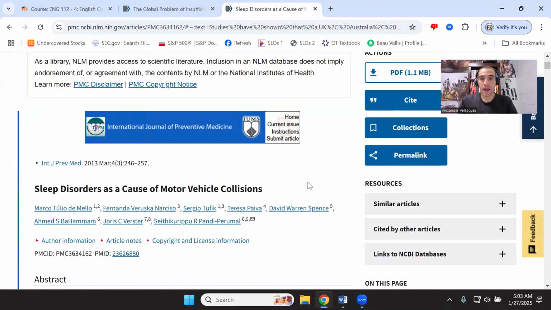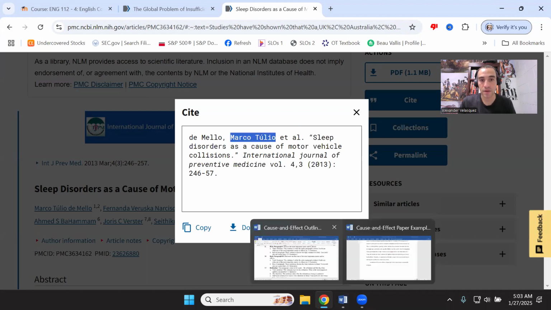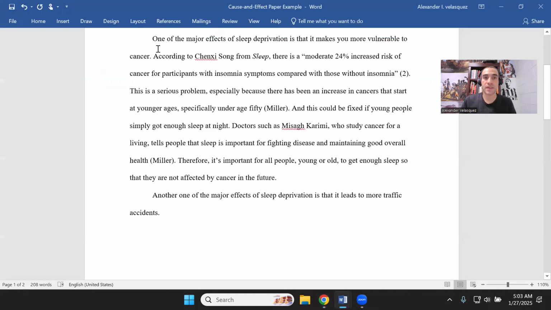So again, here's this paper. This is Marco Tullio de Mello. This is the guy's name, and it's even got one of those accent marks. So I'm going to copy this. And same thing that I did up here, right? I put according to Chen Shi Song from Sleep. So here I'll put according to, and I'll copy this guy's name, Marco Tullio de Mello,